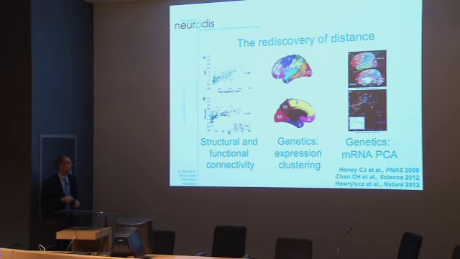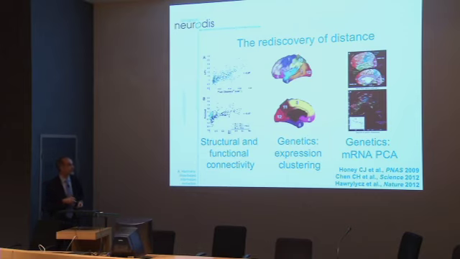And when you look at the literature, there is a clear distance effect for structural and functional connectivity. There are genetic effects. I found this paper quite by chance last night and was pleased to see that this is an ex-student of mine who has found genetic clustering which often conforms to lobes or major sulci, but not always. You can see here this